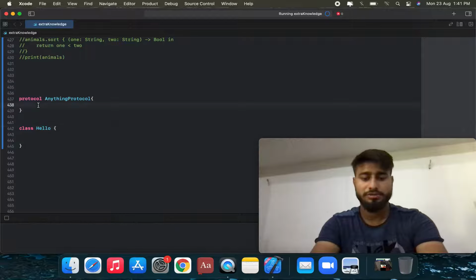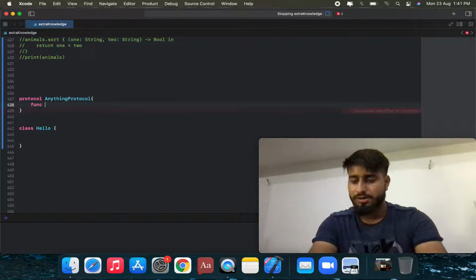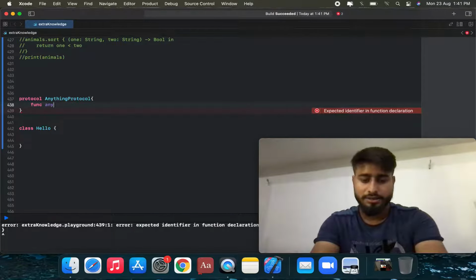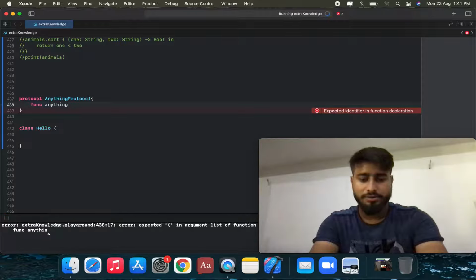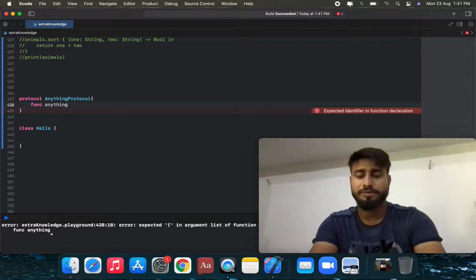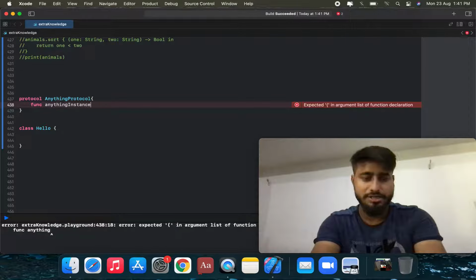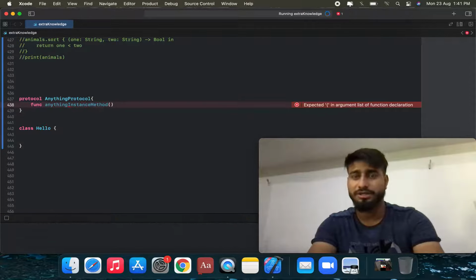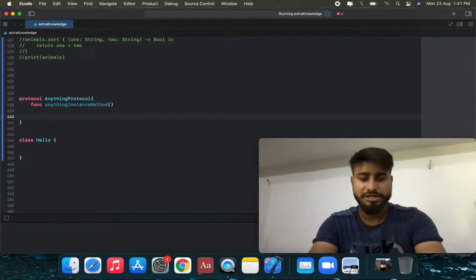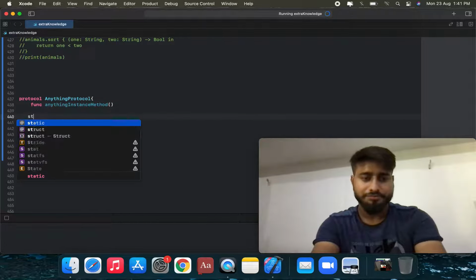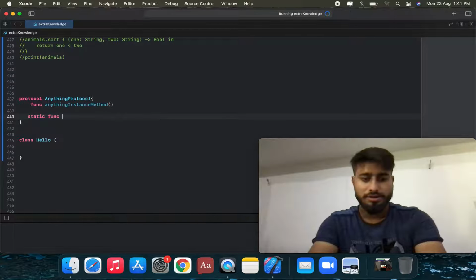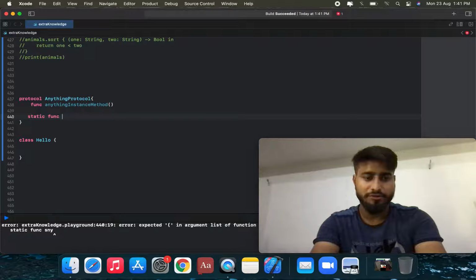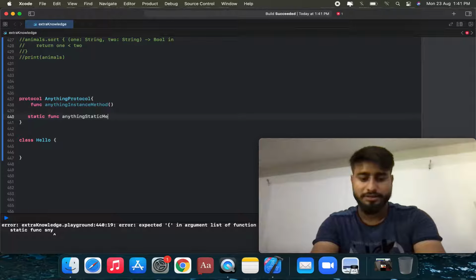So we're going to create a method. Suppose this is a func, a non-static method, an instance method. In this method, nothing is returned. For the next signature we use static func, a static method with a function name. So we can use any function as an instance method or a static method.